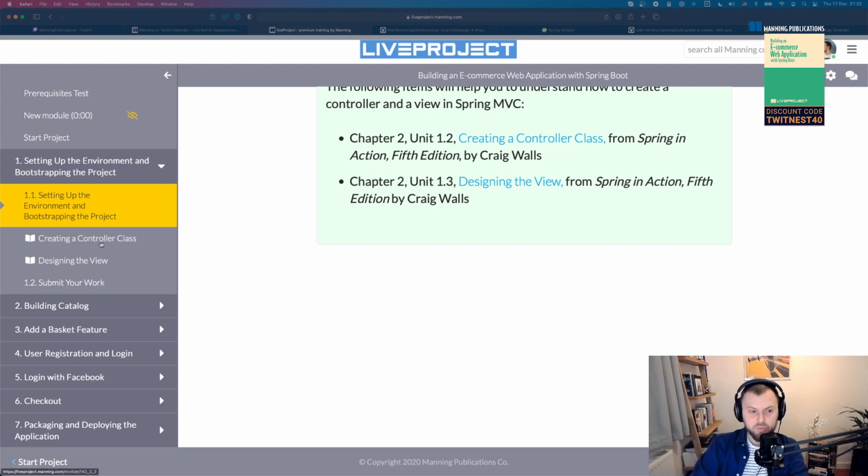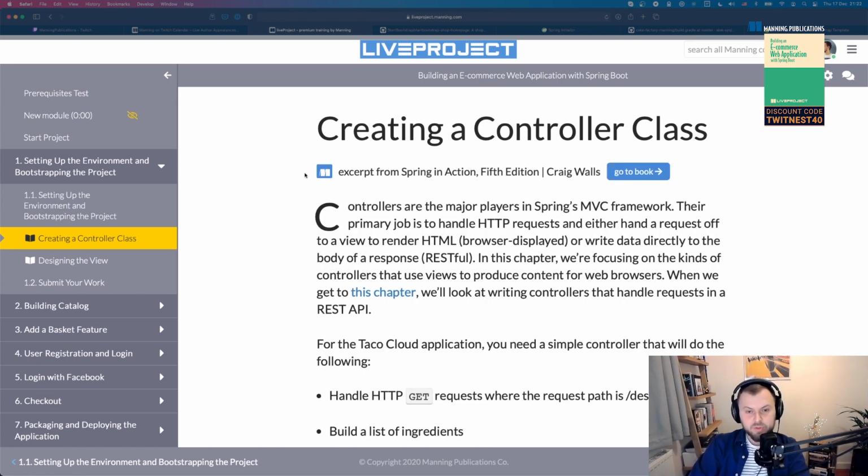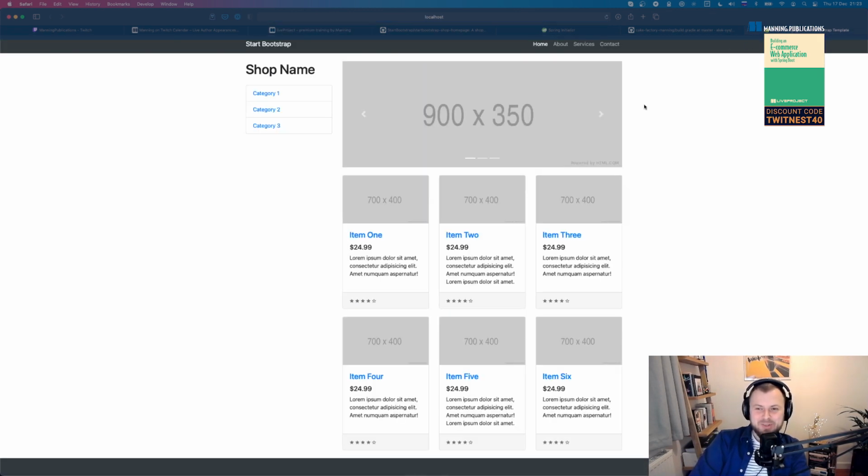So imagine you're going through that, right? And to render the page, you also need to create a controller. As you can see, you don't really need to do that, right? That's a bit tricky. So we don't have any controllers, we don't have anything, and we still see the application landing page. It's not actually that weird, it just shows how cool Spring Boot is, because in fact, it knows that you have an index template, and when you go to the main page of your website, that probably means you want to render the index template. And when you render this index template, you don't need to write any code. If there is no logic, there's absolutely no code you need to write.